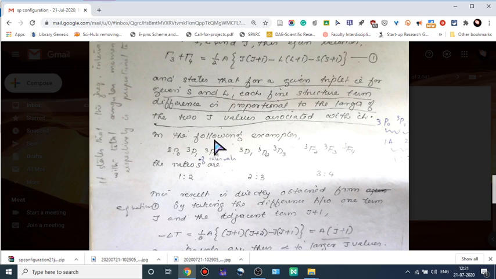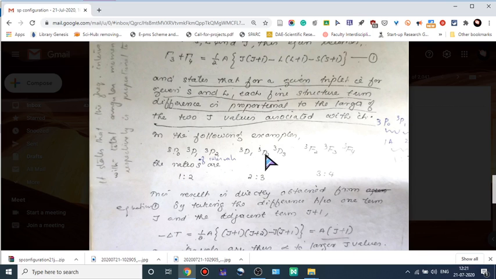And now we consider the next two terms, that is 3p1 and 3p2. Which one has the highest J value? It is also clear that the highest J value is 3p2. So according to the Landé interval rule, the difference is proportional to the highest J value. So we will get 2. So the ratio of the interactions is 1:2.